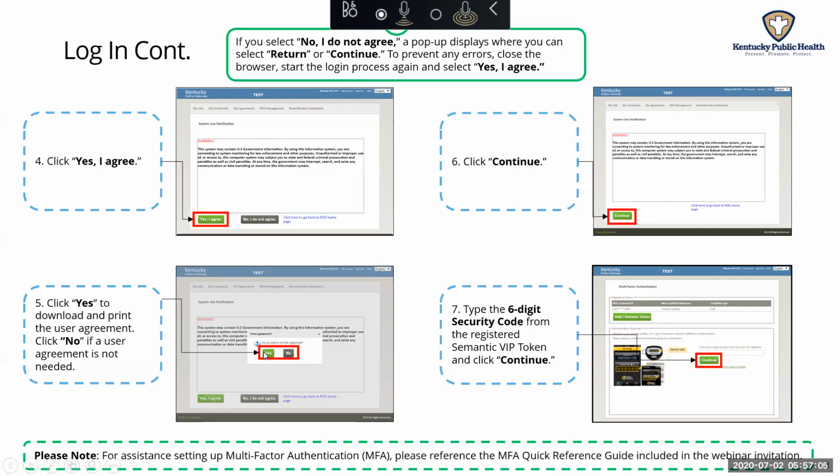You can click Yes if you would like to print the user agreement, or you can click No to proceed. Once you make a selection, you're taken to the screen we see on the top right-hand corner, where we're able to click continue. Once you click continue, you're taken to the multi-factor authentication screen. So here you'll need to type in the 6-digit security code from the registered VIP token on your computer and